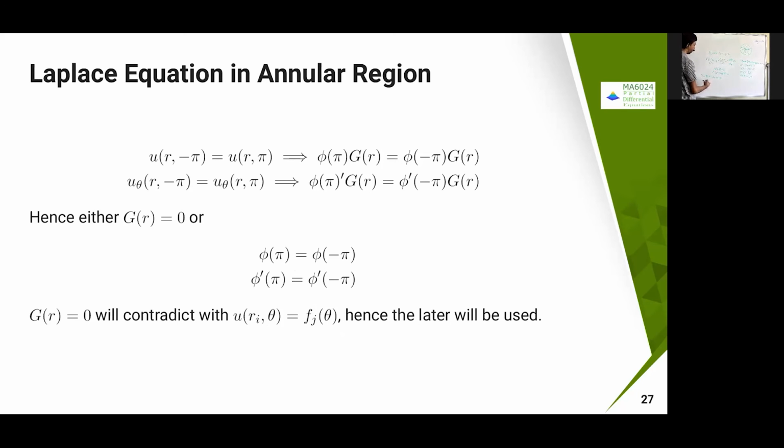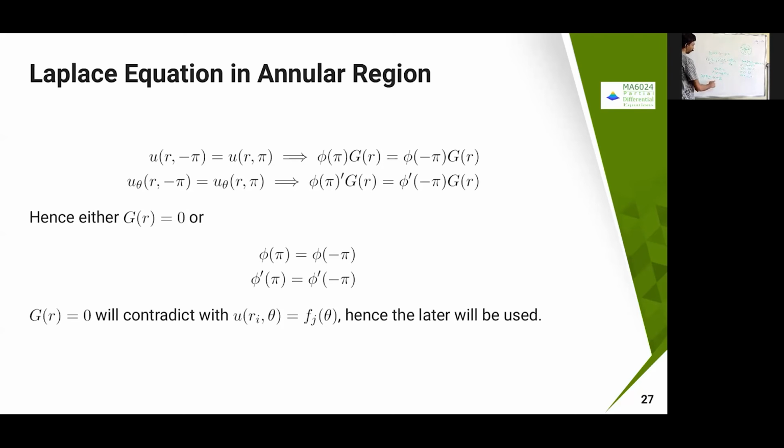Similarly, u of π dash of −π dash of π is going to come, the same kind of thing. So in this case, you can see that if these two are equal, either g of r is completely 0, then these two equalities will be the same. If g of r is not equal to 0, then I can cancel this together.